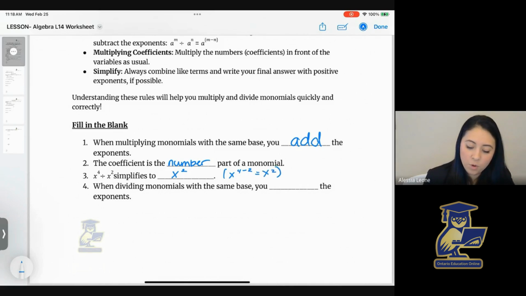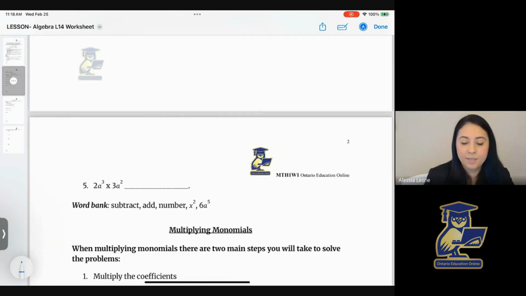When dividing monomials with the same base, you subtract the exponents. Simplifying that,